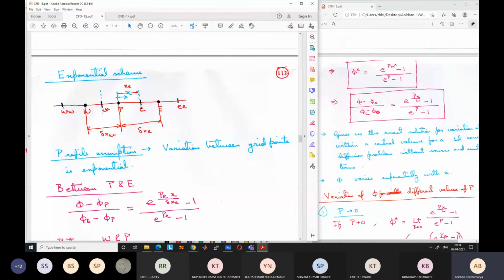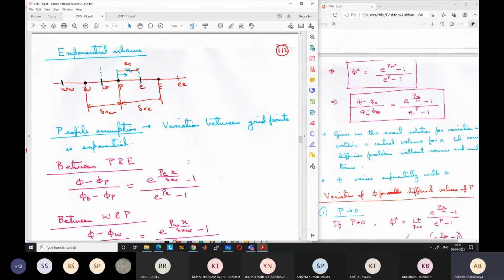So x is equal to 0 at point P, and let the interface e be somewhere in between P and E, not at the center. Okay, we will take a general case. If it is at the center, it's just a subset or easy case, but the interface may not be at the center. If the control volumes are not of equal size, the interface will not be at the center. If that is the case, this is at a distance of xe from the point P. The interface is at a distance of xe from the point P.